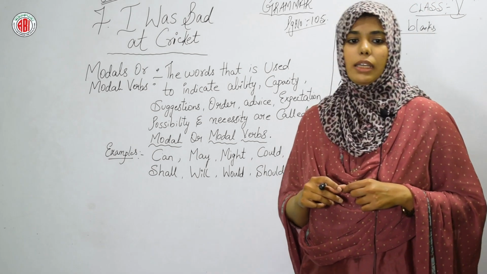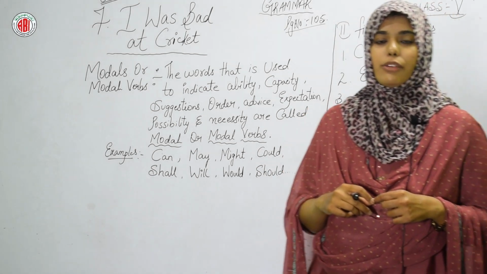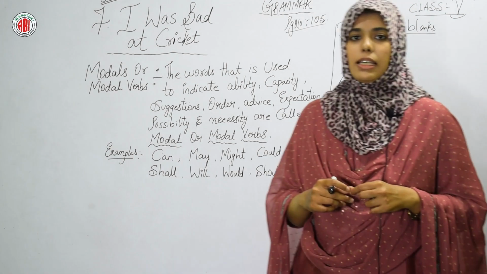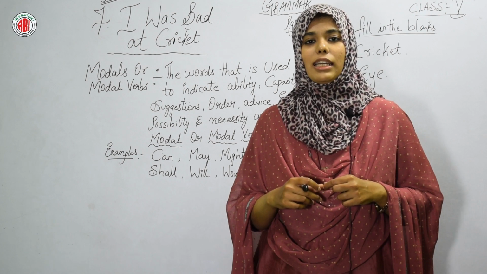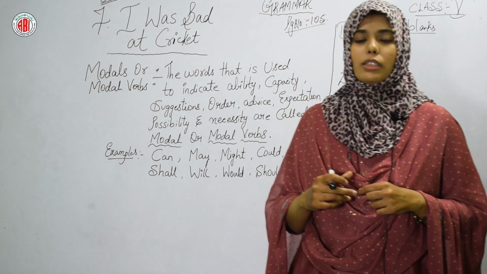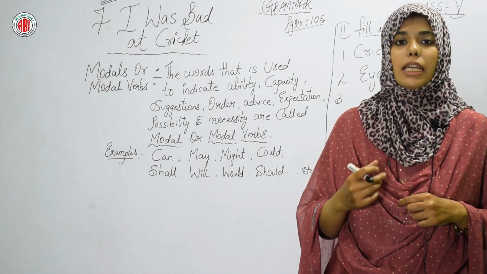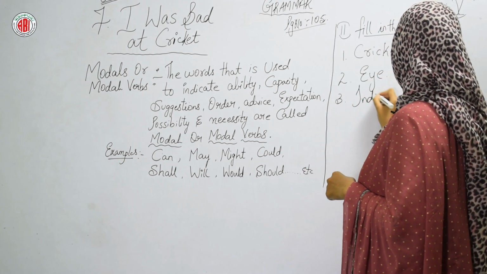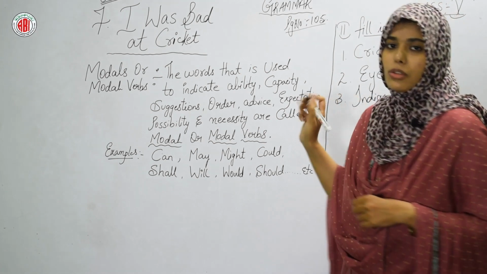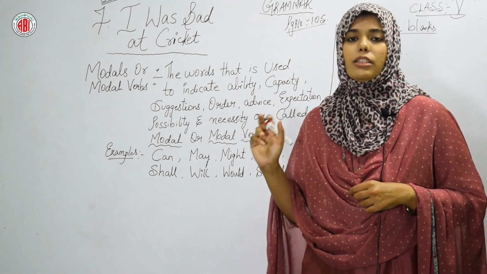Okay, third one is Somla was selected for the dash cricket team. The options are Indian, West Indian, Australian. So Somla was selected for the dash cricket team. Which team? Indian cricket team is the right option. So all of you note down these blanks and fill them in your readers.